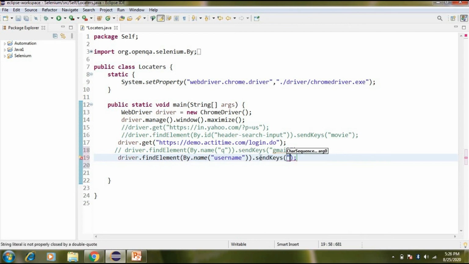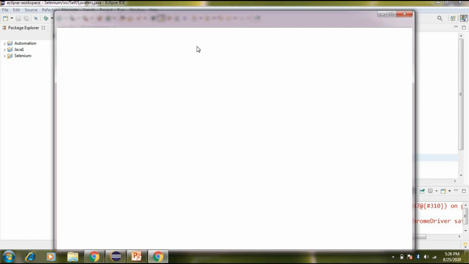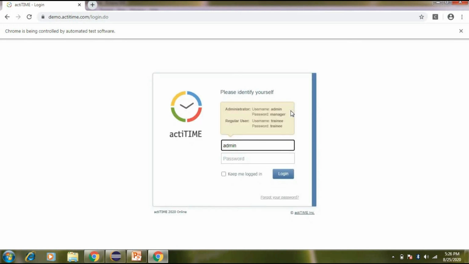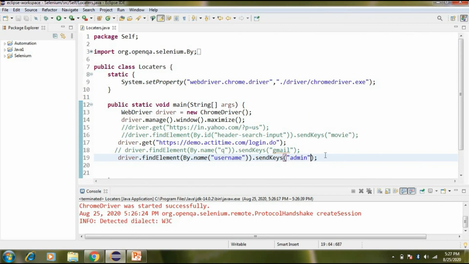Here I type admin, and let me show you if it is working or not. Run the command. Now here you can see that it is typing admin in the username box. Now I think you understand how I can use a name locator.